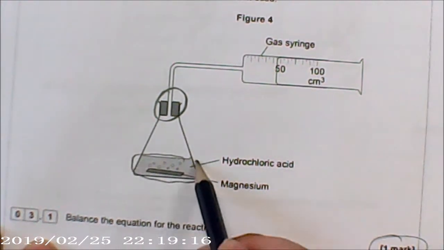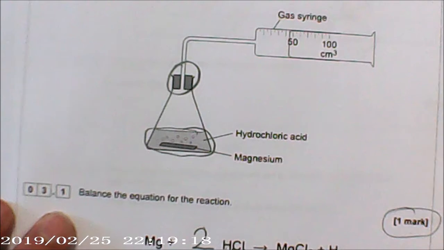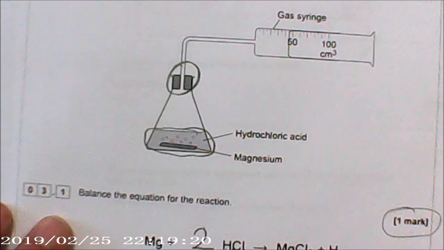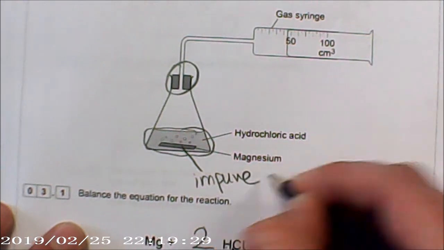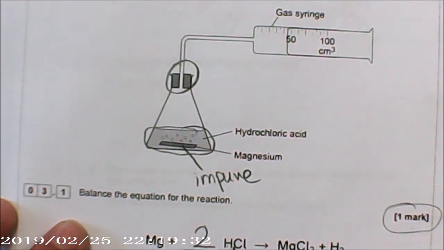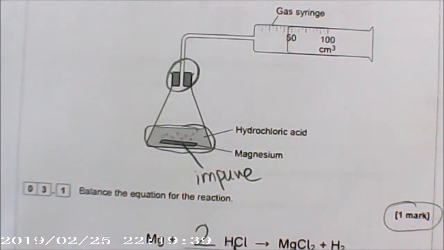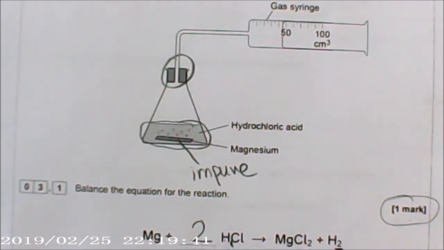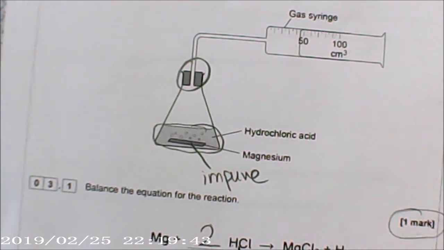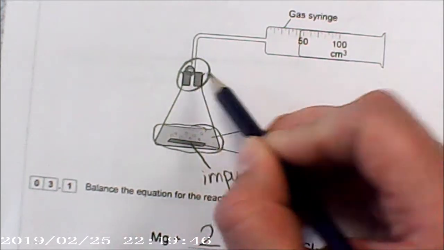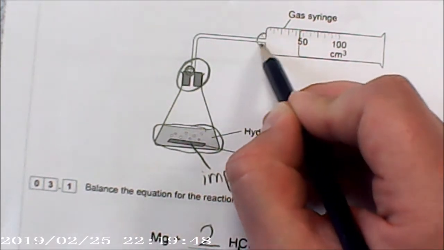It could be that the concentration of hydrochloric acid was lower than what it should have been. They could put that the magnesium was impure, because then you've got less reacting with the hydrochloric acid. You could say that the temperature was lower. No, I think that will be all of the answers for that. So the gas leak one could be happening here, so it doesn't matter where you've said it, or up here,